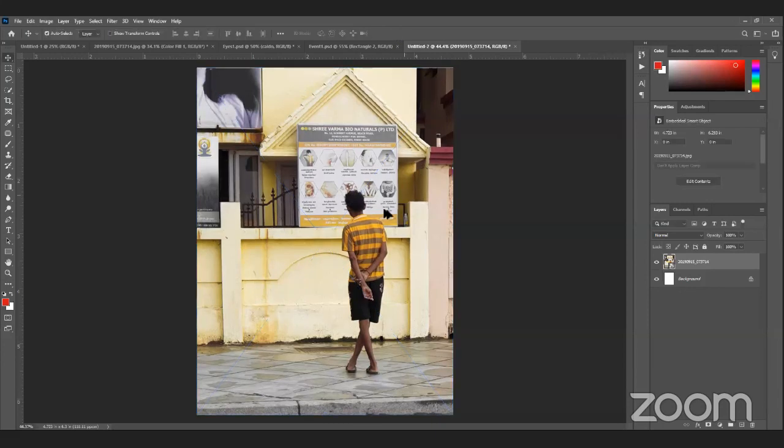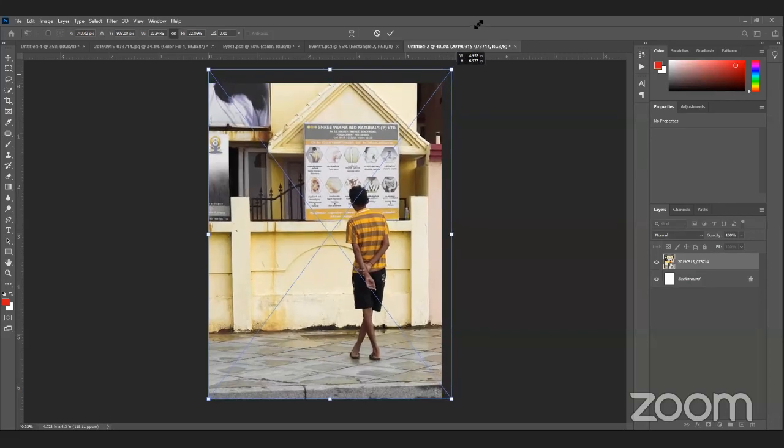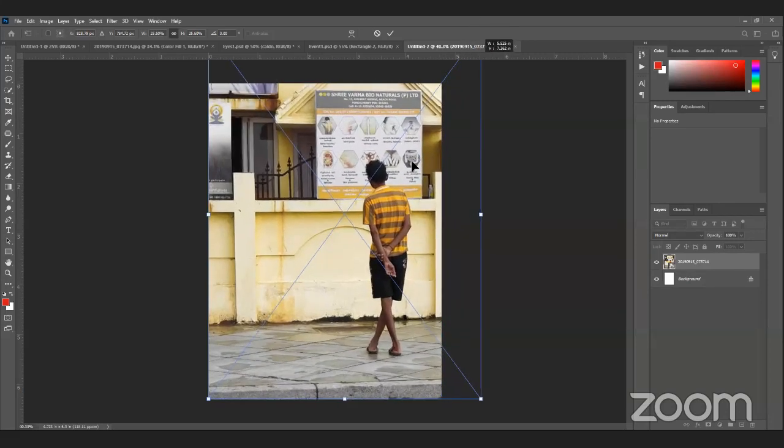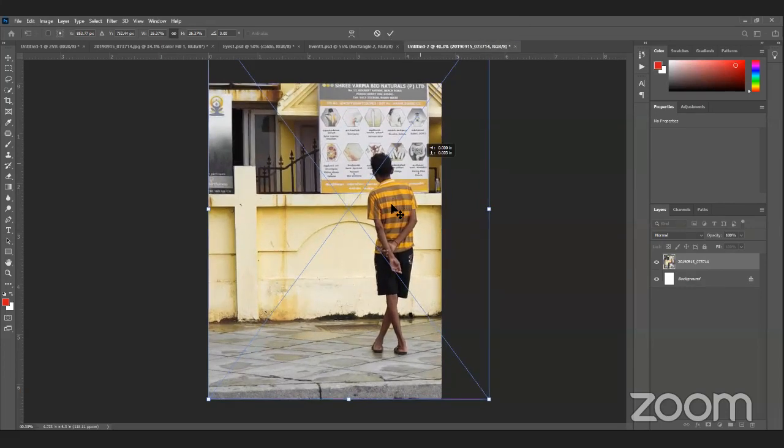One thing here: I am getting too much area. I don't want this area. I just want this particular person in focus. So I will increase its size. You can see while I have increased it, I have got this person in focus.